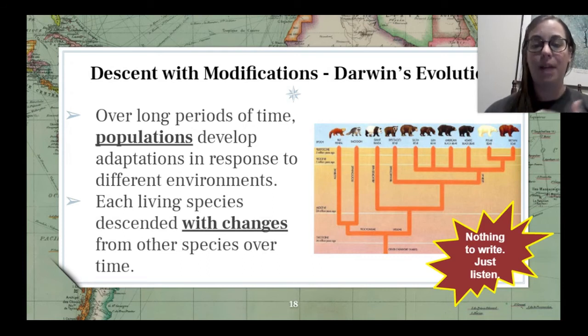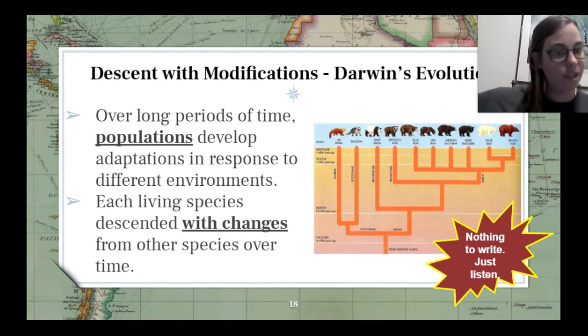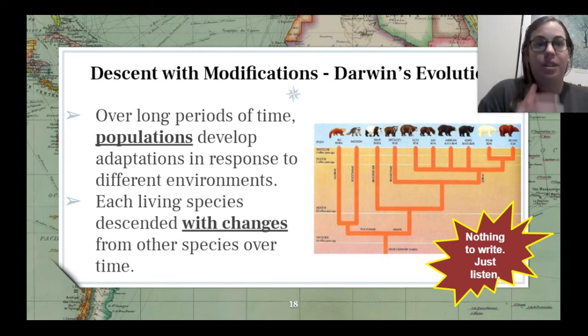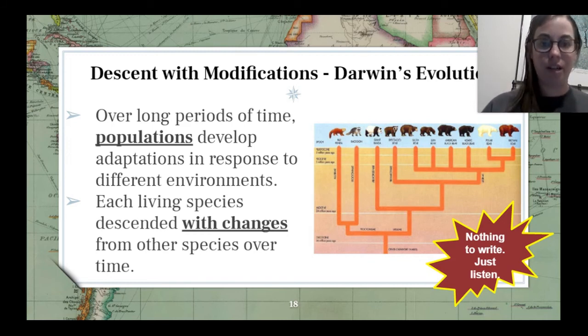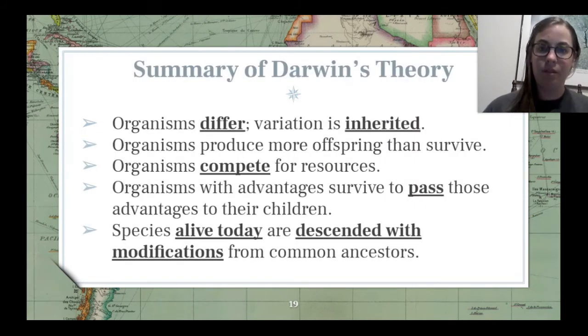populations develop adaptations in response to the different environments. Remember our geologists? They told us our Earth is still changing. And it is. Our Earth is constantly changing. Because of that, our environments are changing, which means that what trait used to be so good now could just not be, right? Each living species descends with changes from other species over time. So to summarize,